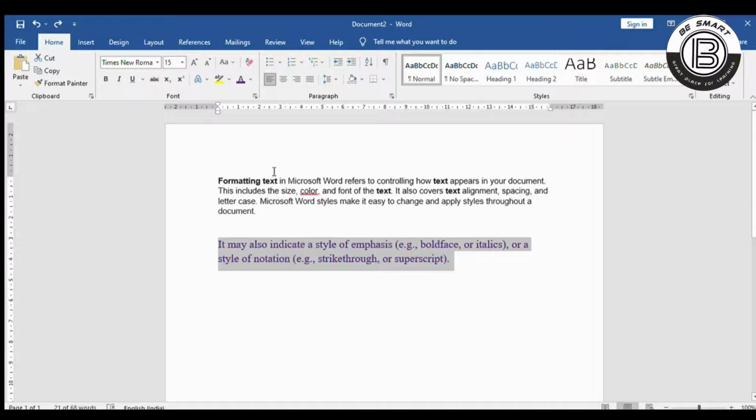The next one we are going to see is style of emphasis. Style of emphasis includes bold, italics, underline, strike through, superscripts and subscripts. Here are these options: bold, italic, underline. First select the text you need to format